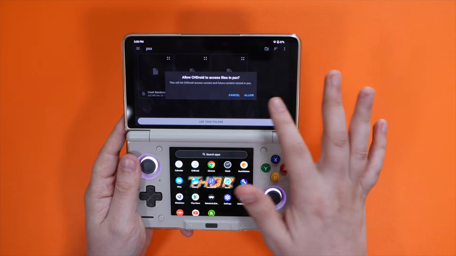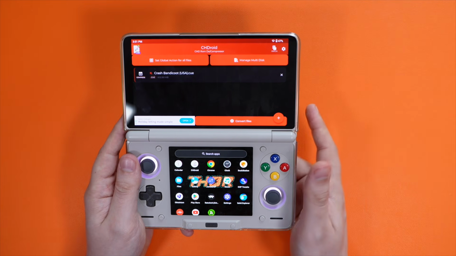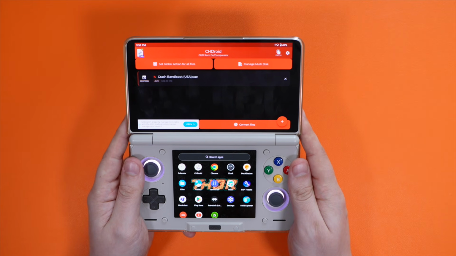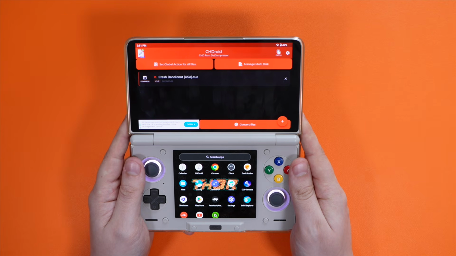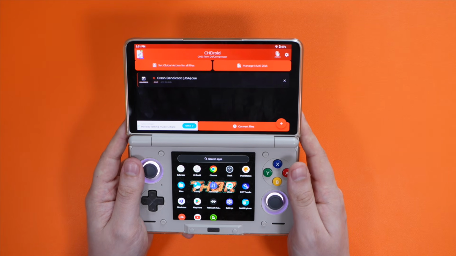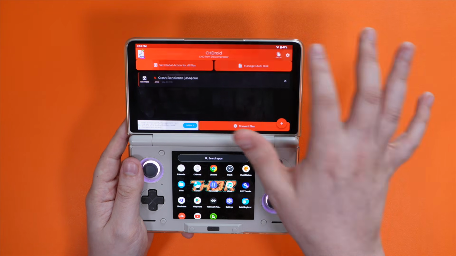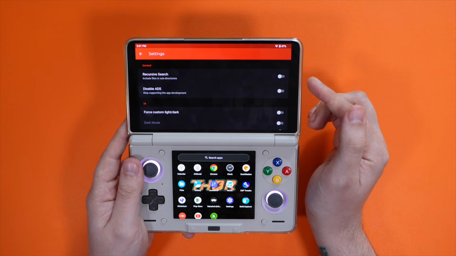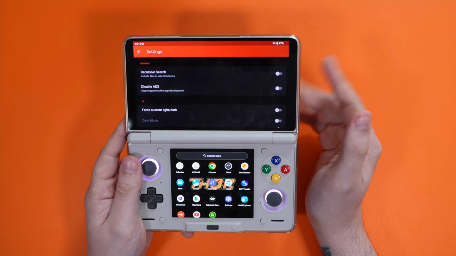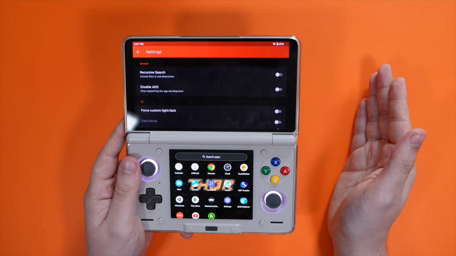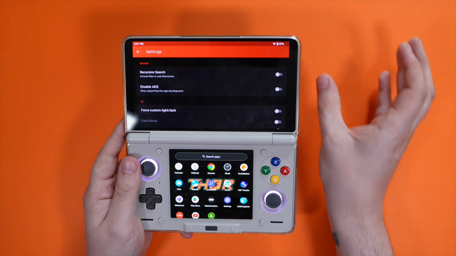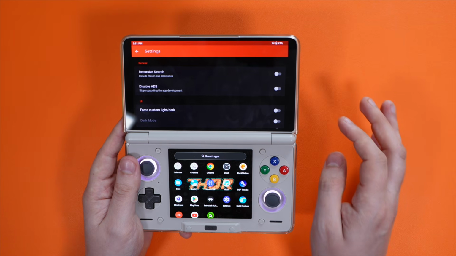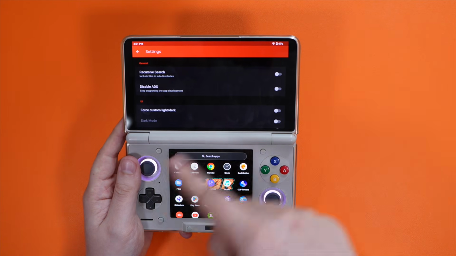So we're going to allow that folder, and then it's found the Q file. So even though the Q file itself isn't 600 meg, it's the bin file that is, they do come part and parcel. So we're going to check the settings. You can do a recursive search if you've got files in subdirectories. For example, if you've got, say, a Final Fantasy game that came on multiple disks, and in that folder you've got disk 1 bin queue, disk 2 bin queue, then you can enable recursive search